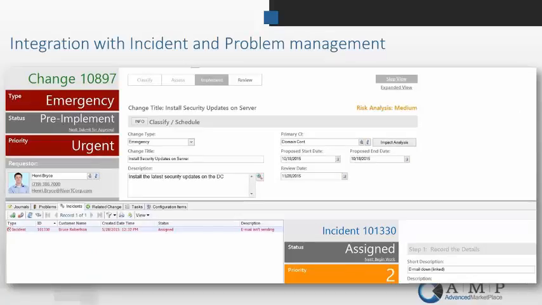Like any other module within Cherwell, you probably already know this, but I just like to highlight the fact, especially around emergency changes and talking about having an incident or a problem open. A lot of our customers require that for an emergency change. As usual, these things are linked together easily. And in fact, problem management does it really well, because when you get into that process of identifying the root cause, known error, and the permanent fix, oftentimes you have to initiate the change. And one of the options from within the change is to close the associated problem and incidents as well.